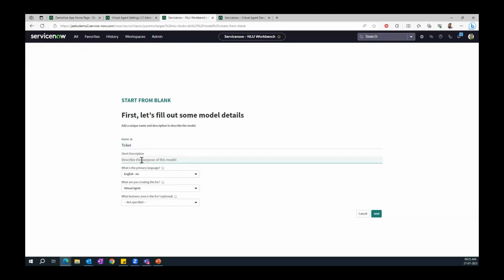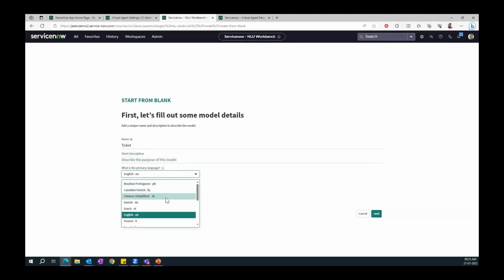Right, I will just do the description, what exactly this model is going to do. I can select a language. Earlier there was a question on the languages. We do have many languages supported as part of NLU. The idea is, if you are using languages, then you have to create a model in that language itself. If we have, say, three languages, English, Mandarin, or Japanese, you need to create your models in three different languages. So here I'm going to take the example of an English model.